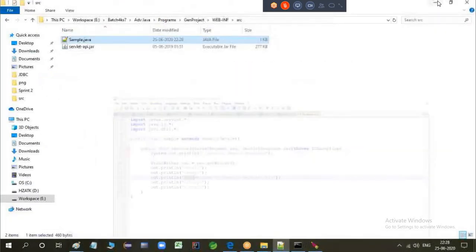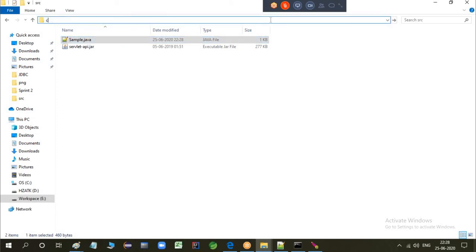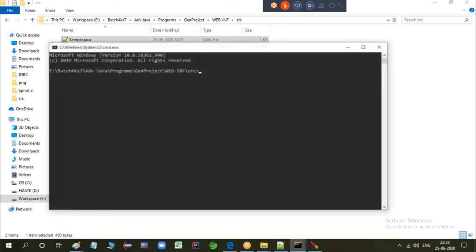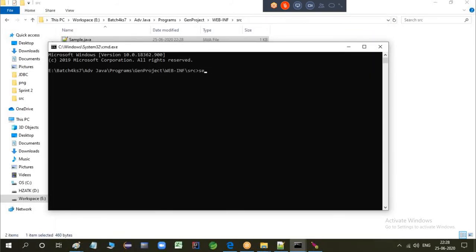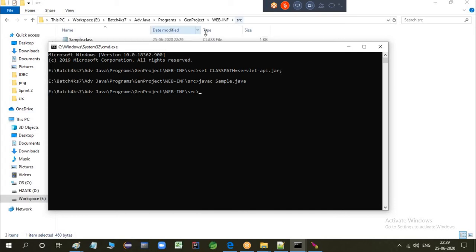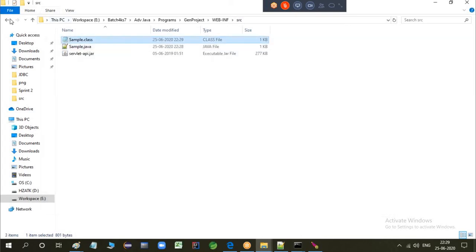I'm copying this one. Where am I? Okay, CMD. Javac. I guess I need to set the classpath again. Classpath is equal to servlet API. Now javac filename.java. Compiled successfully. No errors. Copy this file